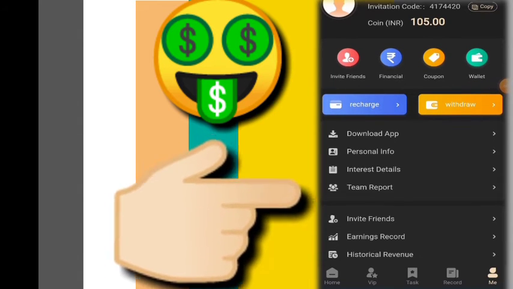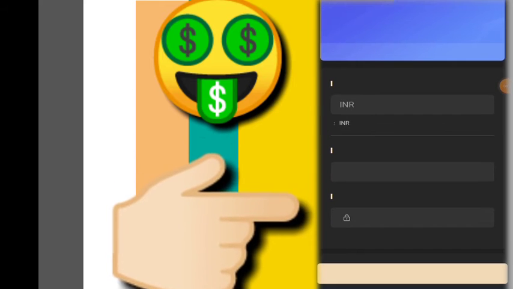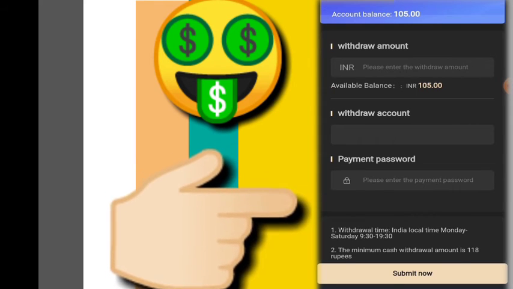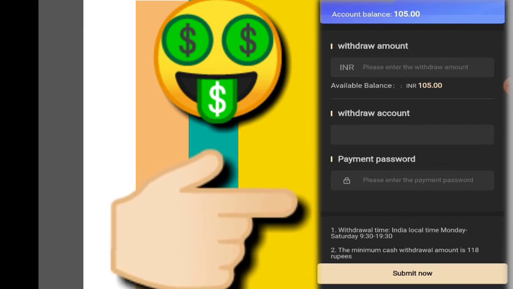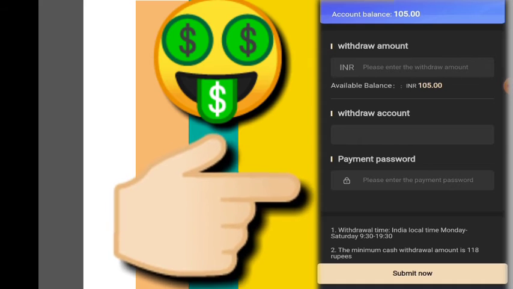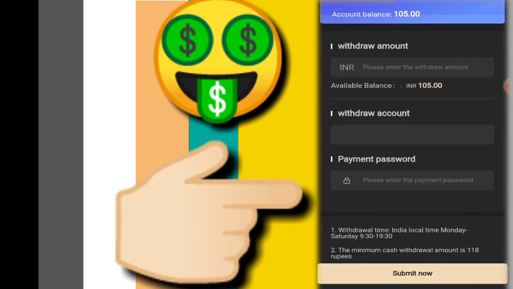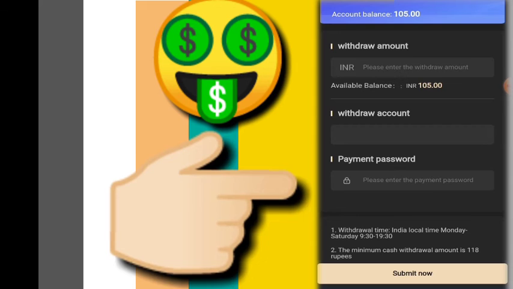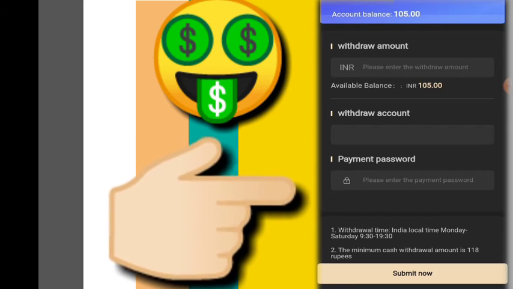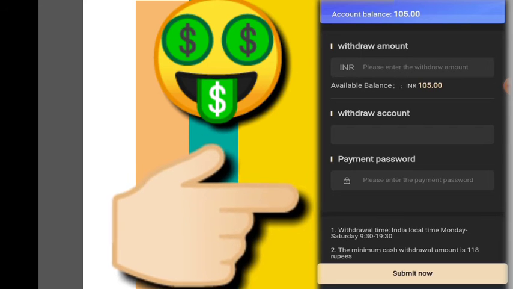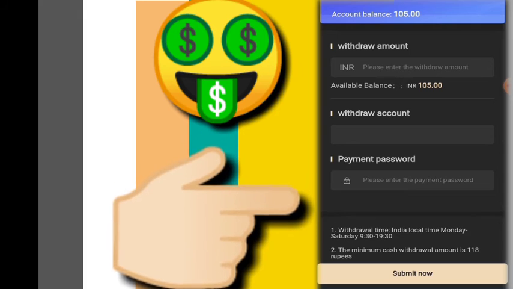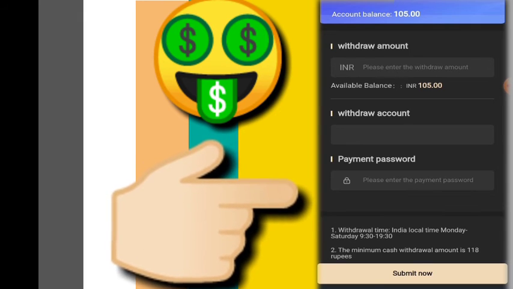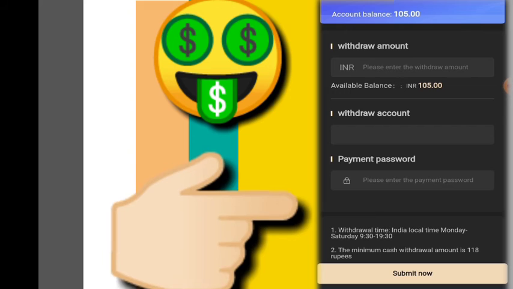Now you need to go on withdraw section if you want to withdraw your rupees, or INR section. Minimum amount which can be withdrawn is 118 rupees. So if you do it for 2 days, you will definitely be able to withdraw the amount. Now you can see here, you need to withdraw it at a specific time, that is 9:30 to 19:30.